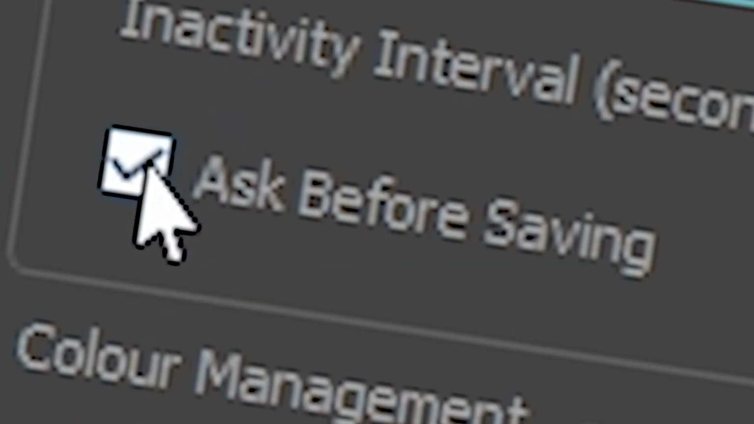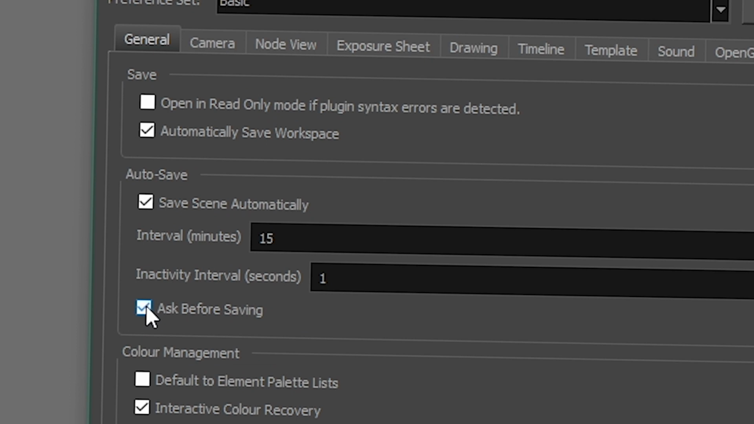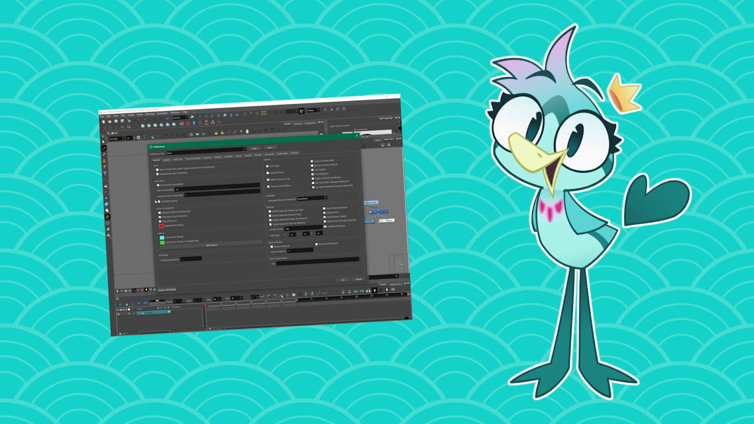Then you have the ask before saving. I know that it's tempting to remove it because it's annoying when you're working and Harmony's like, hey, you really want to save right now, and you're like, oh my god, I was in the zone. But it's only for your own good, so I would still activate it. And this is because, let's say that you don't ask before saving. You're working on your animation, you like it, you save, and then you want to keep going on it, and you're like, if I don't like it, I'll just close it without saving and get back to what I had